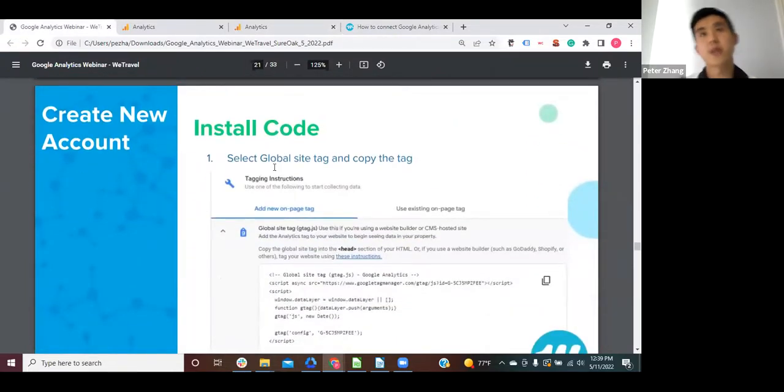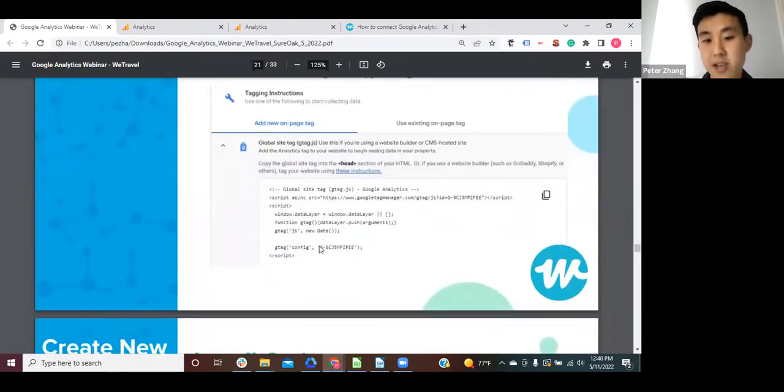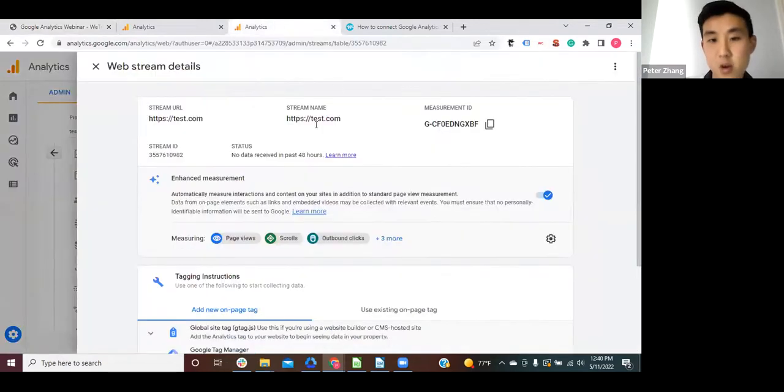So here's where it can be a little different depending on your website. We're going to follow the general instructions that should work for the majority of websites, but your CMS or your website builder might have specific instructions that you can quickly search up for installation. They might have a spot within your website where you just have to enter part of your tracking code to make it a lot quicker.